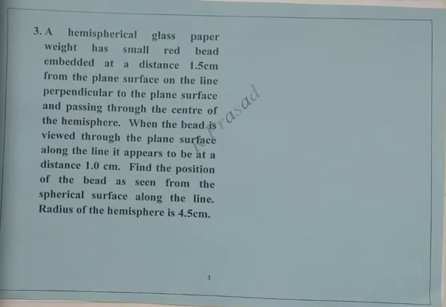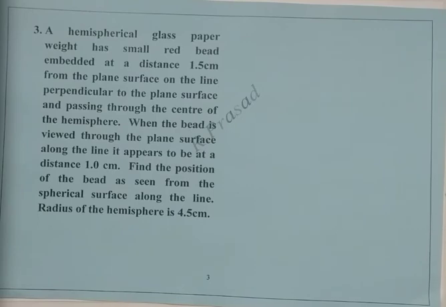We go for the third one. A hemispherical glass paperweight has a small red bead embedded at a distance of 1.5 centimeter from the plane surface on the line perpendicular to the plane surface and passing through the center of the hemisphere. When the bead is viewed,